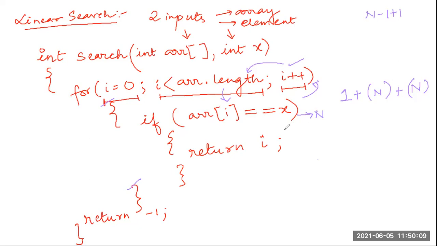And if suppose I am getting the answer, so I will return it. So this return will execute one time. If I get the answer, then only I will return. I am not returning for all the elements. I will return for only one element, that there will be my element found. So this is executed one time. This is executed n number of times. This is executed one time. This is executed n, and this is n minus 1 plus 1, which gives us n.